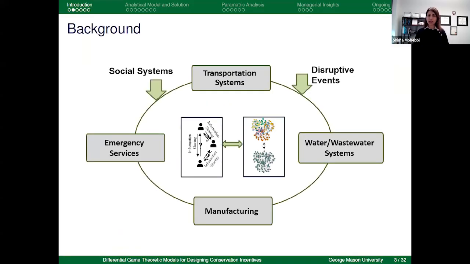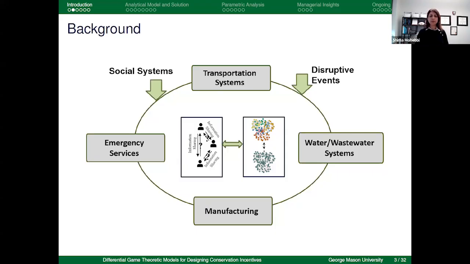The Department of Homeland Security identifies 16 critical infrastructure sectors that underpin the functioning of society and the economy. And here you can see four sectors out of 16, which represent the application domains of my research program. These infrastructure systems are mathematically described as large scale networks which are interdependent at cyber-physical levels, governed by several sectors working together. They operate within broader social systems, including organizational structures, community values, various resource allocation practices, and information sharing and communication protocols.